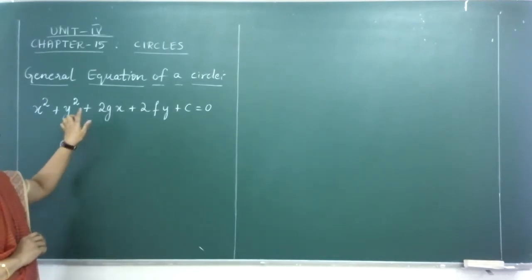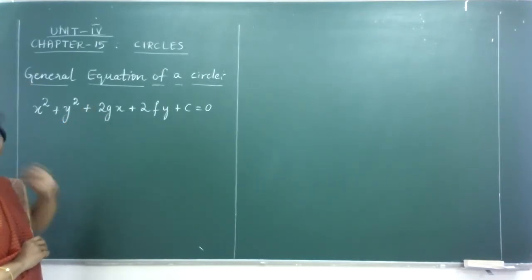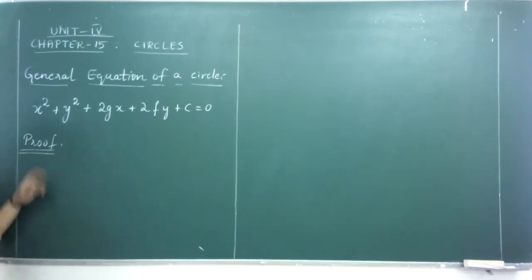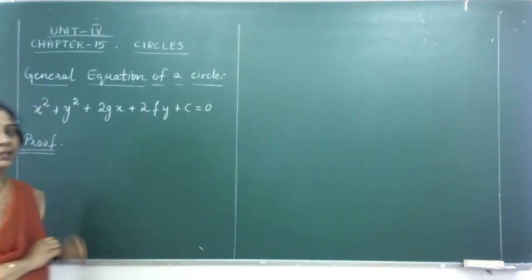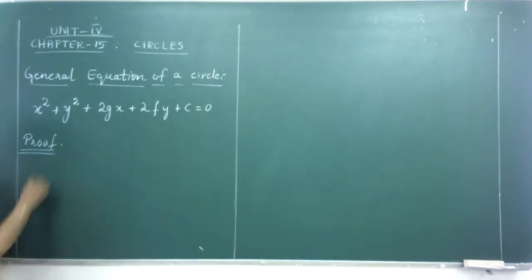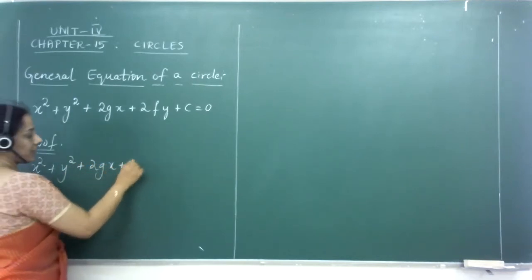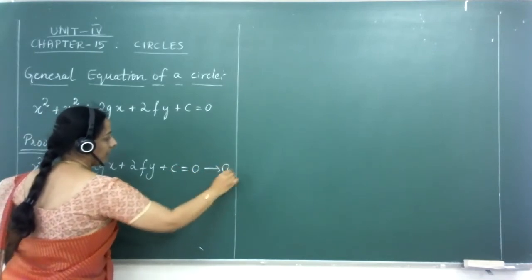First of all, let us prove why this second degree equation has to represent a circle. Though the proof is not included for your examination point of view, we shall be considering why the equation has to represent a circle basically. So consider x squared plus y squared plus 2gx plus 2fy plus c equal to 0 and number it as